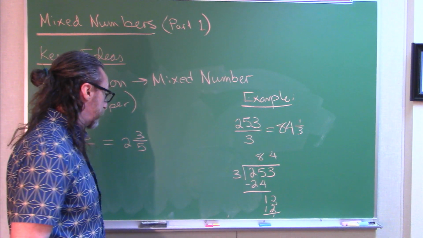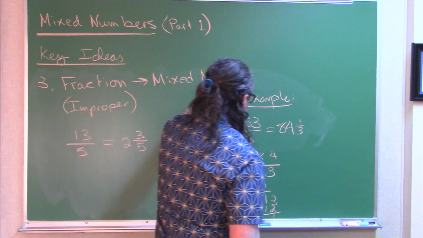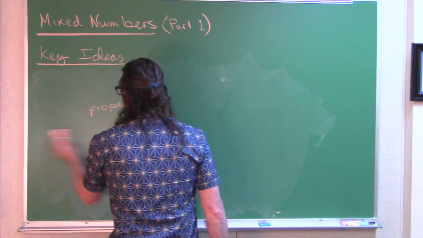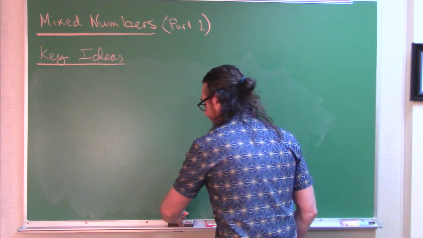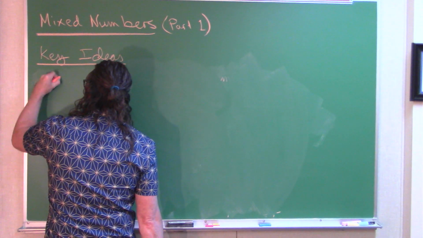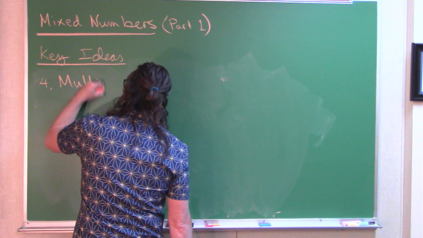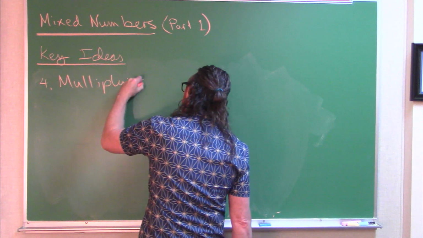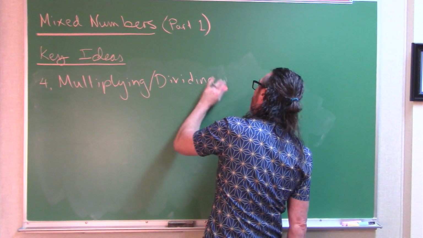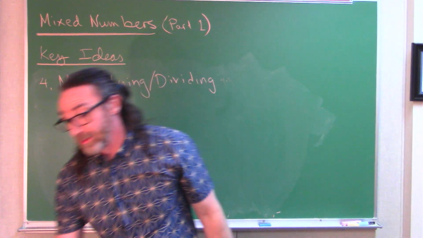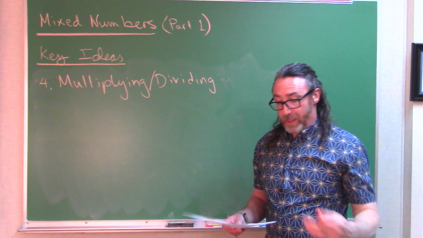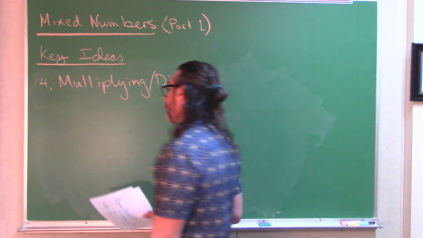Now when you are doing operations with mixed numbers, multiplying and dividing them specifically, I would recommend you convert your mixed numbers to fractions and do the arithmetic that way. For example,